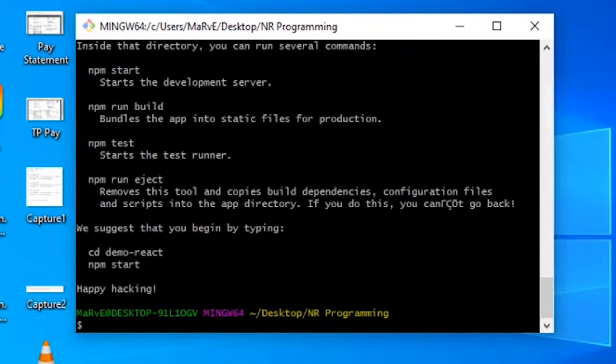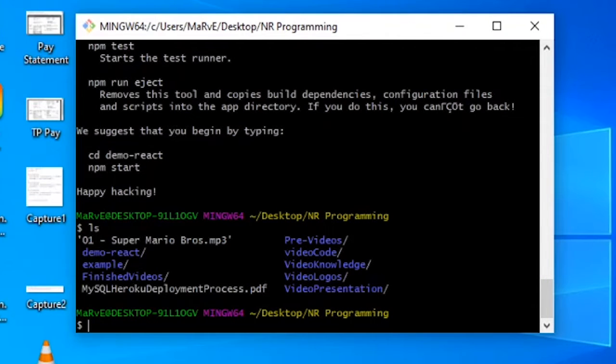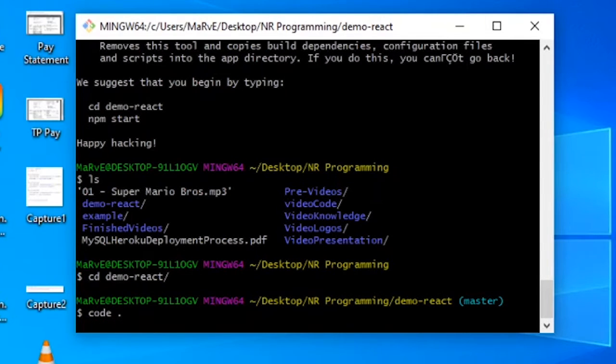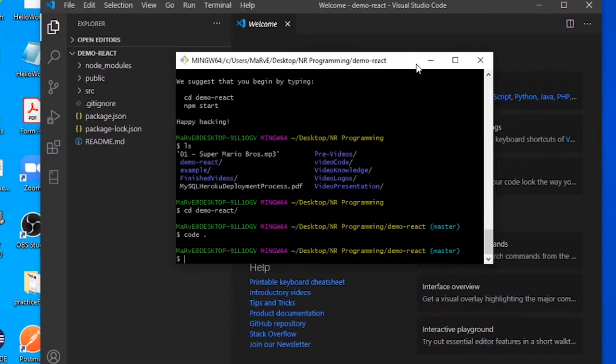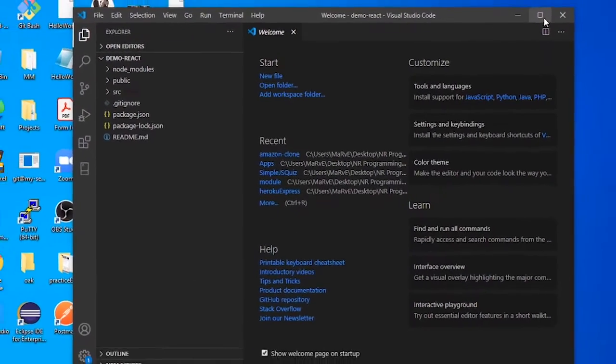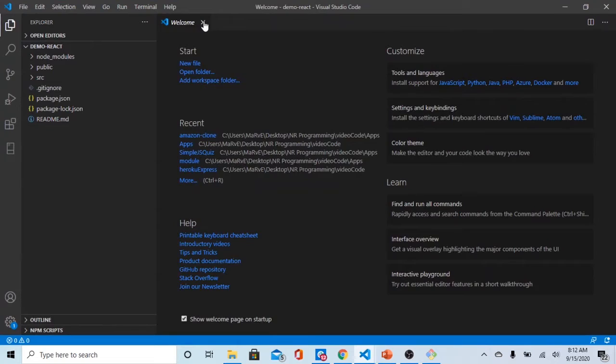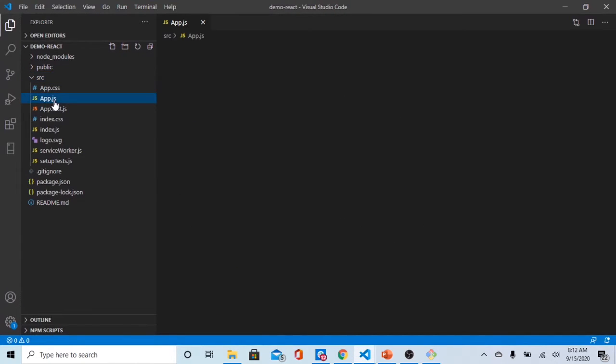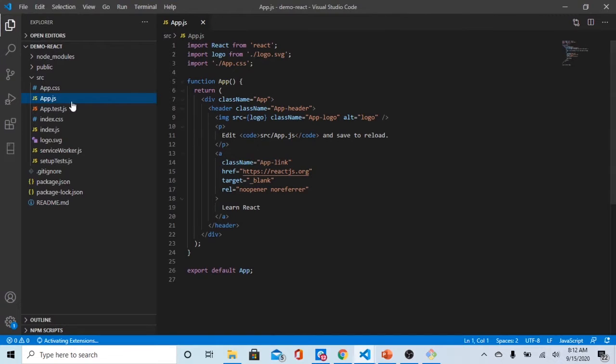Cool. Now that that's done downloading, if we type ls, we can see our demo React application. We're going to cd into our application, and then once we're in here, we're going to write code . and open it up in VS Code for us. Cool, now that that's open, we're going to look at our app.js. Well, first, let's start by